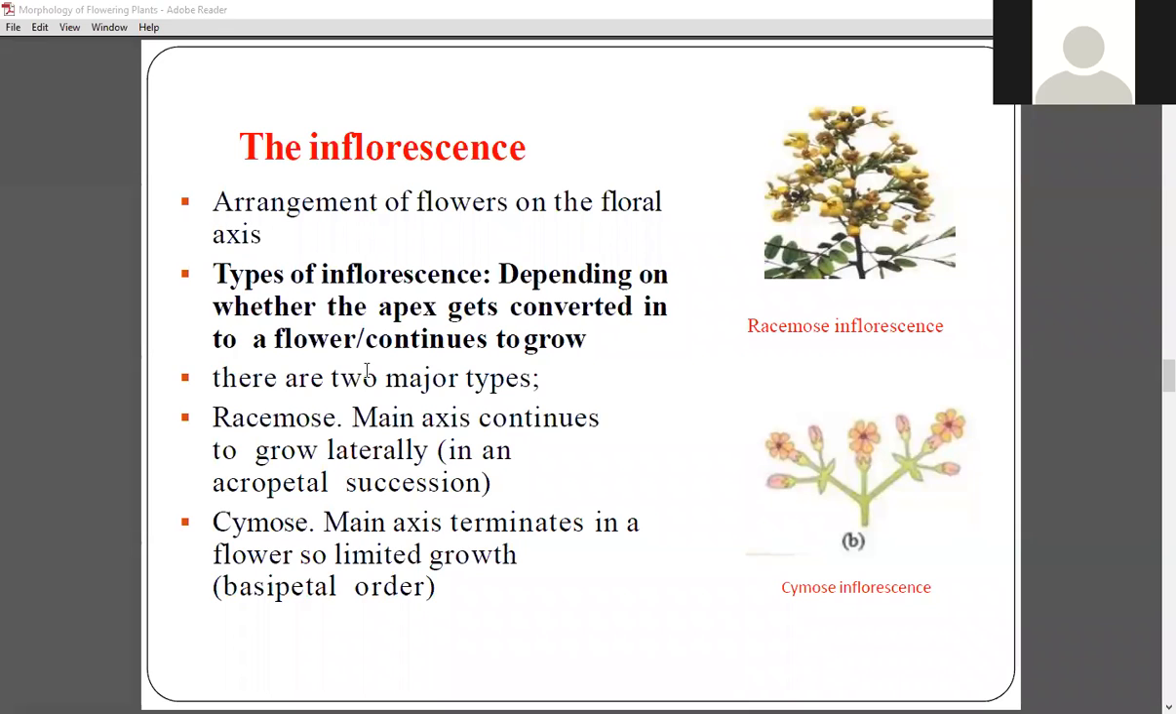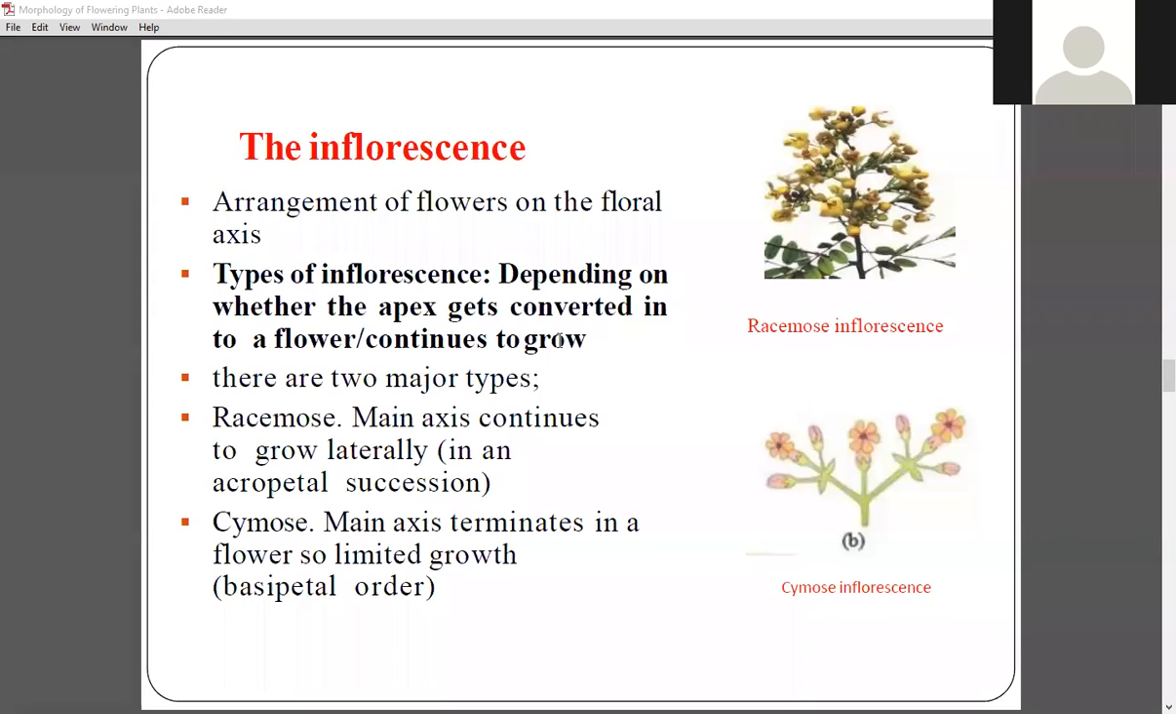The word inflorescence means the arrangement of the flowers on the floral axis is known as inflorescence, right? So the definition of inflorescence says that whenever the flowers are arranged on the floral axis, meaning an axis or a stem on which the flowers are present, the arrangement of the flowers on the stem or on the floral axis, that is inflorescence,